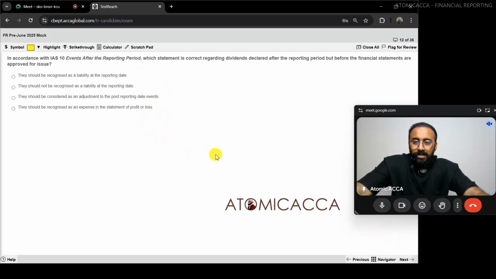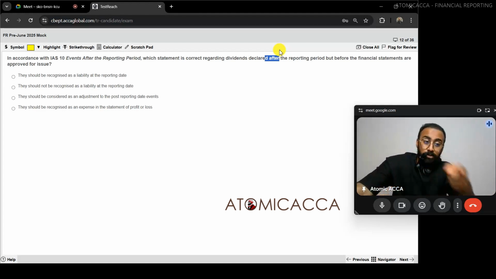In accordance with IAS 10 events after reporting period, which statement is correct regarding the dividends declared after reporting period? Okay, after year end is done, then they are declaring, but before the financial statements are approved for issue. That doesn't matter. They're declaring it after the year end, which means during the year end there is no existence of anything regarding that particular dividend. If in case declaring was made before year end